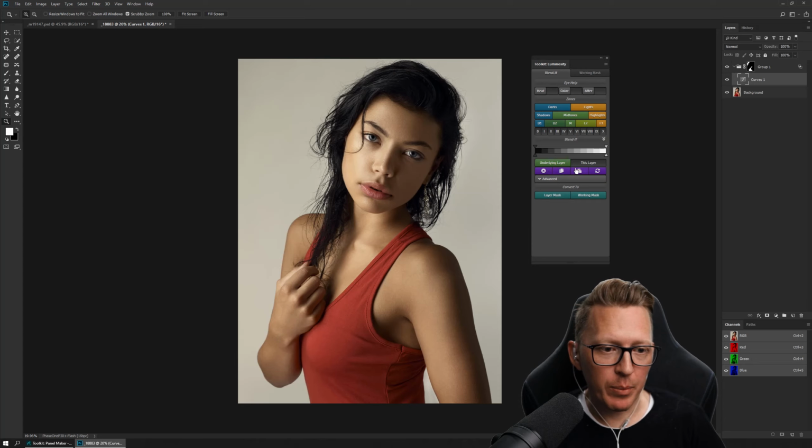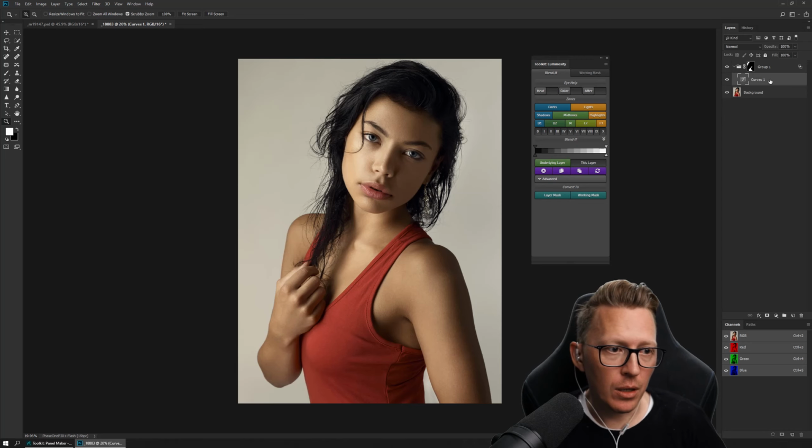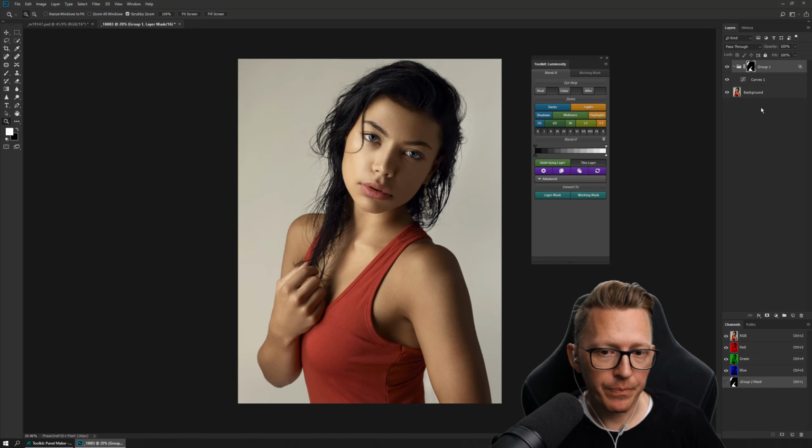I like this copy and paste, quite easy thing to do, because now I can do more adjustments in this group, and it's going to be limited by the blend if and the mask. Yes,